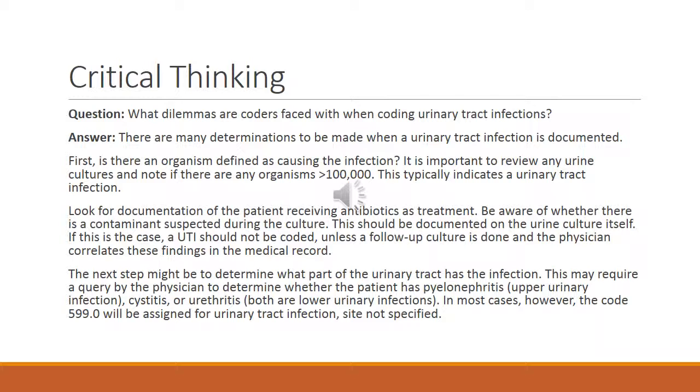Okay, and our final critical thinking question for this chapter. What dilemmas are coders faced with when coding urinary tract infections? And the answer, there are many determinations to be made when a urinary tract infection is documented. First, is there an organism defined as causing the infection? It's important to review any urine cultures and note if there's any organisms greater than 100,000, because this typically indicates